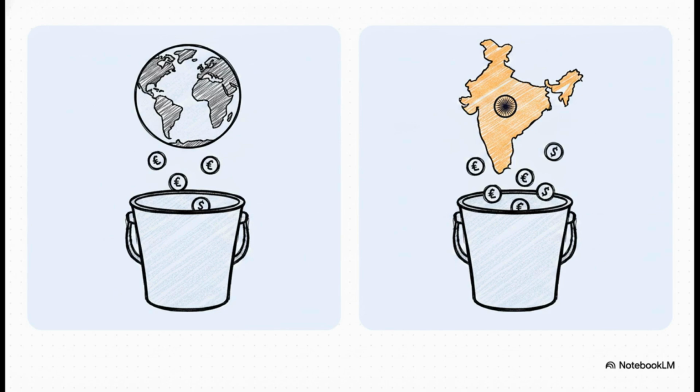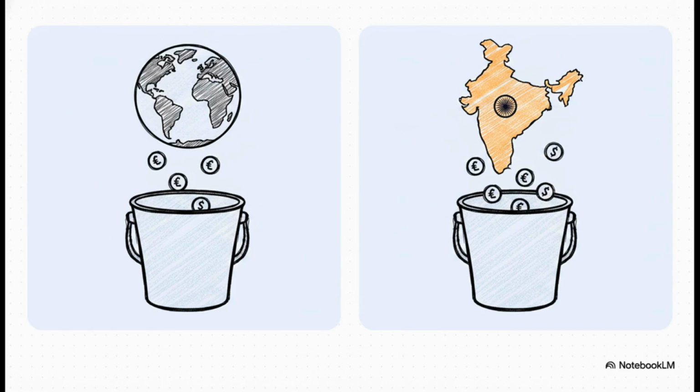Bucket 2, on the other hand, holds your domestic income. Think of when an Indian skincare brand pays you for a sponsored video, or maybe you sell a digital product to an Indian audience. Bucket 2 counts as a domestic supply of service and attracts a standard 18% GST, which you have to collect and pass on to the government.